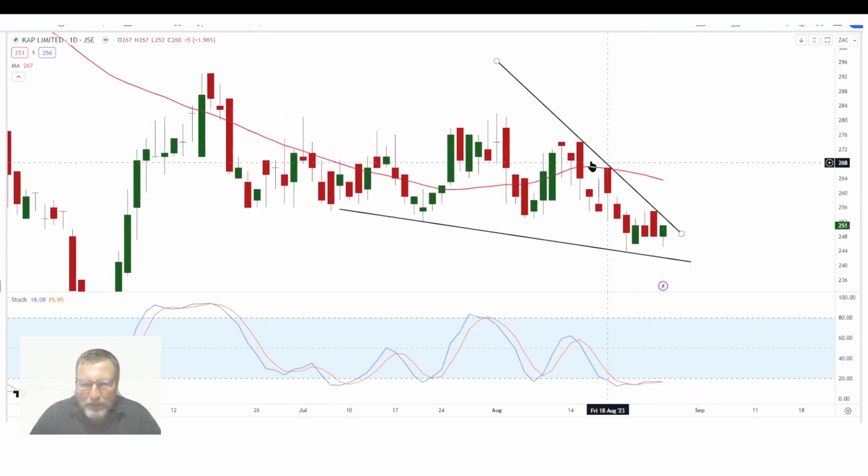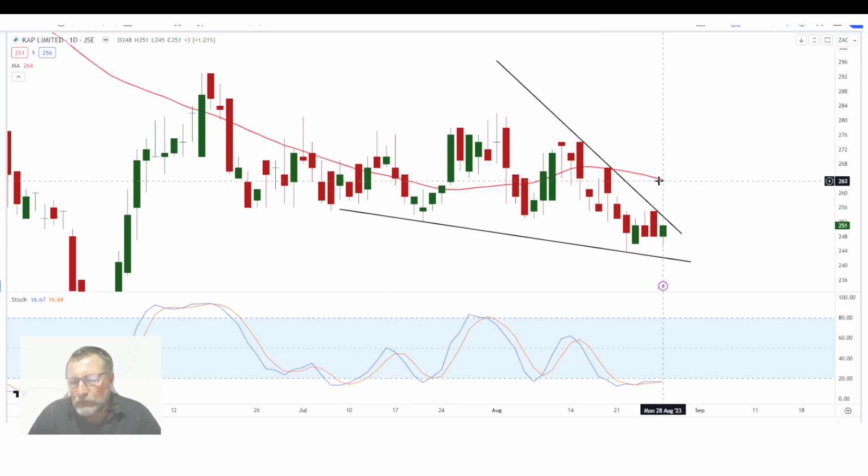But for me, if you've got a consolidation around this 50-day moving average, that's for the medium term investors. If we can break above 263, we know that the momentum wants to turn to the upside, and we can maybe see some more momentum going and growing from there.